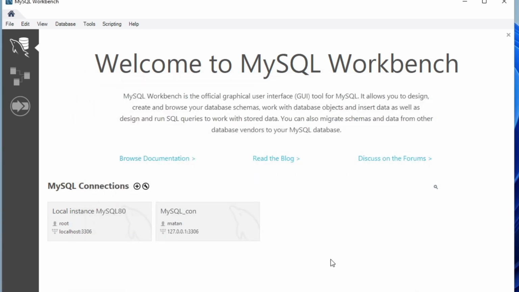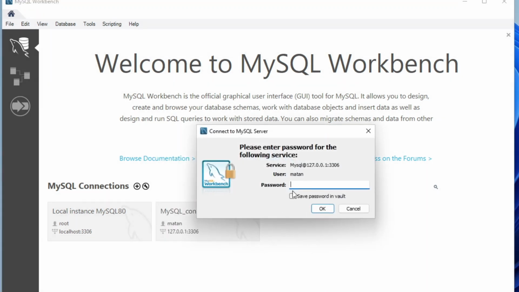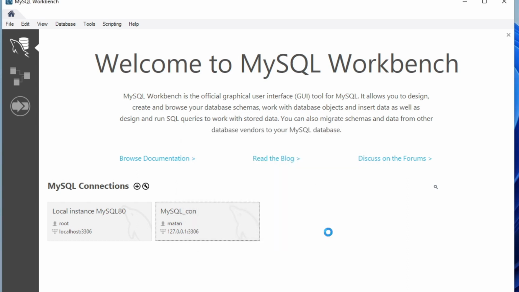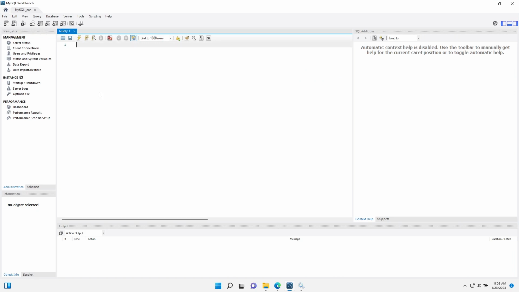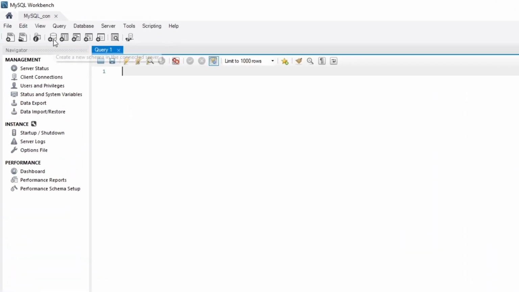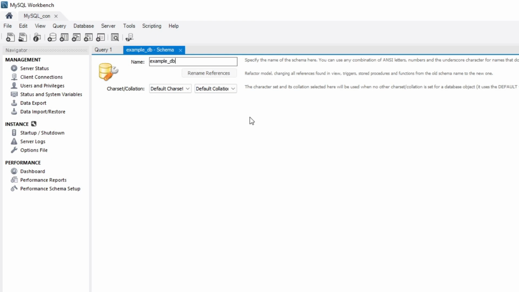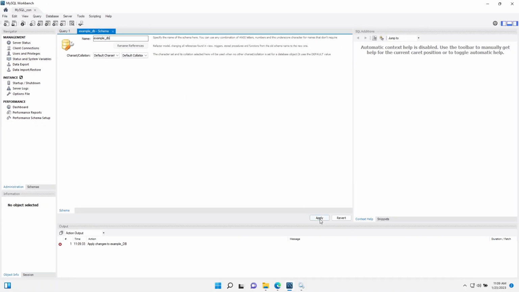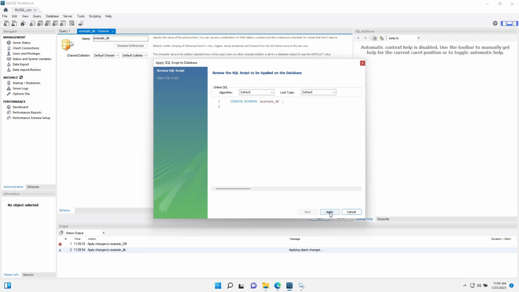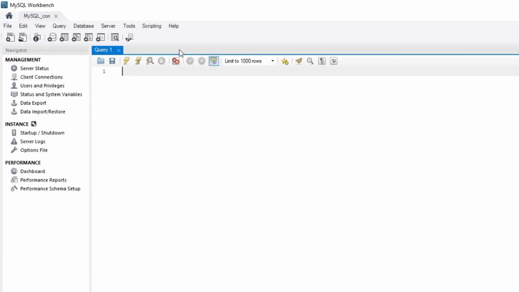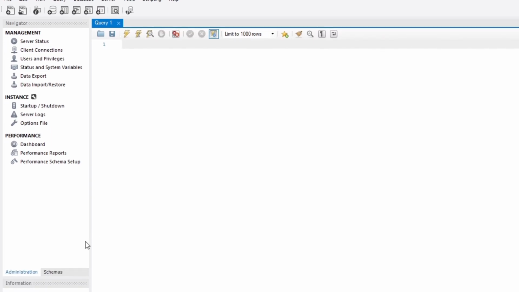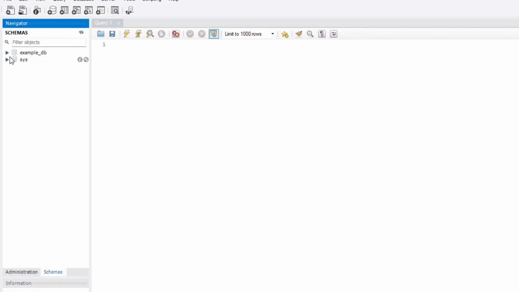And let's now connect to the server using this connection. And let's provide the password for this user. And we're now connected to the MySQL server. We can now create a new database. And if we now change to the Schemas tab, we can see our new database right